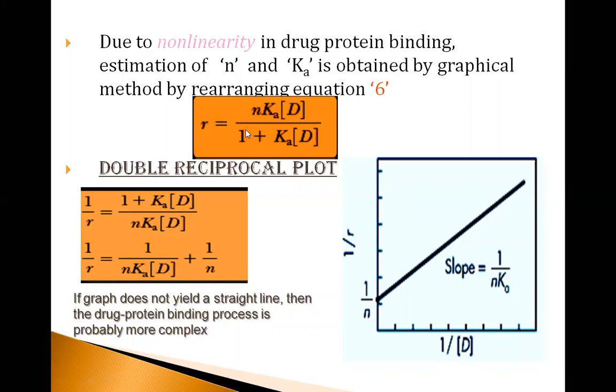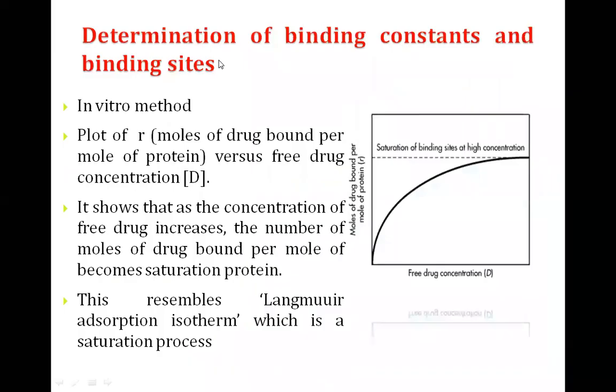And that was simplified to get this equation, where N stands for the number of identical protein binding sites. Because of the non-linearity that we observed in the previous graph, I want to convert that into a linear line, a straight line, without disturbing the values. Whatever values we have determined, without changing them, I need to convert this curve into a straight line, because a straight line gives more information than a curve.